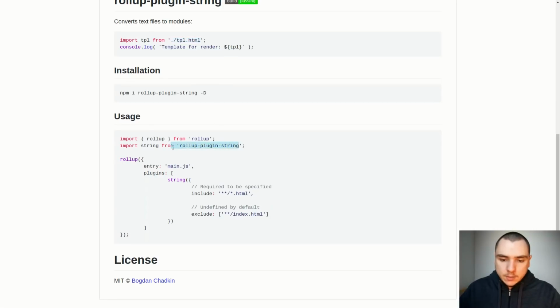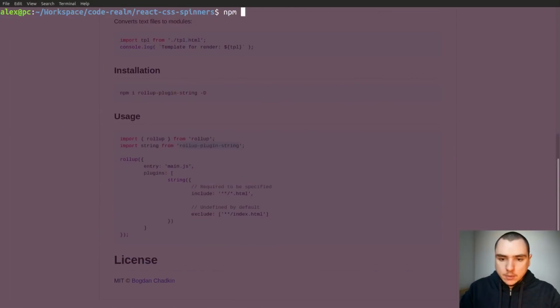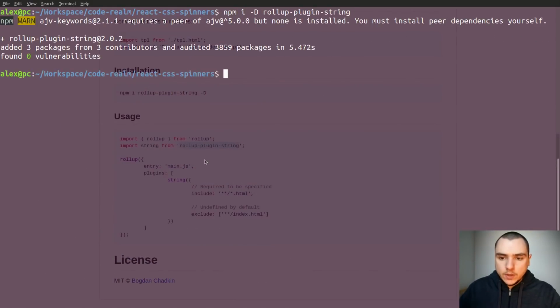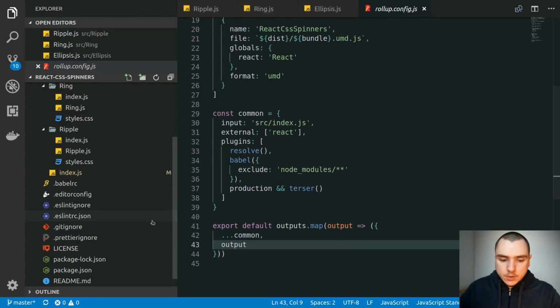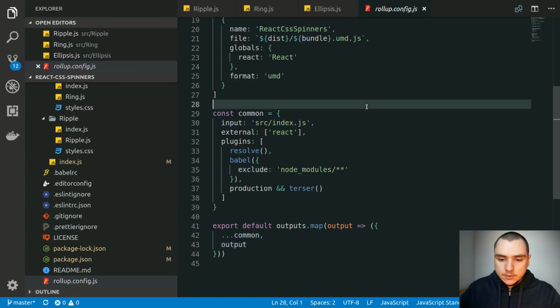So we're going to install that dependency. Let's go back to the terminal, npm install a dev dependency of rollup-plugin-string. Once again, you can probably see at this point that the Rollup system is very similar to the one that's used in Webpack, except in Webpack you're using loaders to enable different kinds of functionalities, like let's say loading CSS files or Sass files or transforming any of your code, like let's say using Babel.